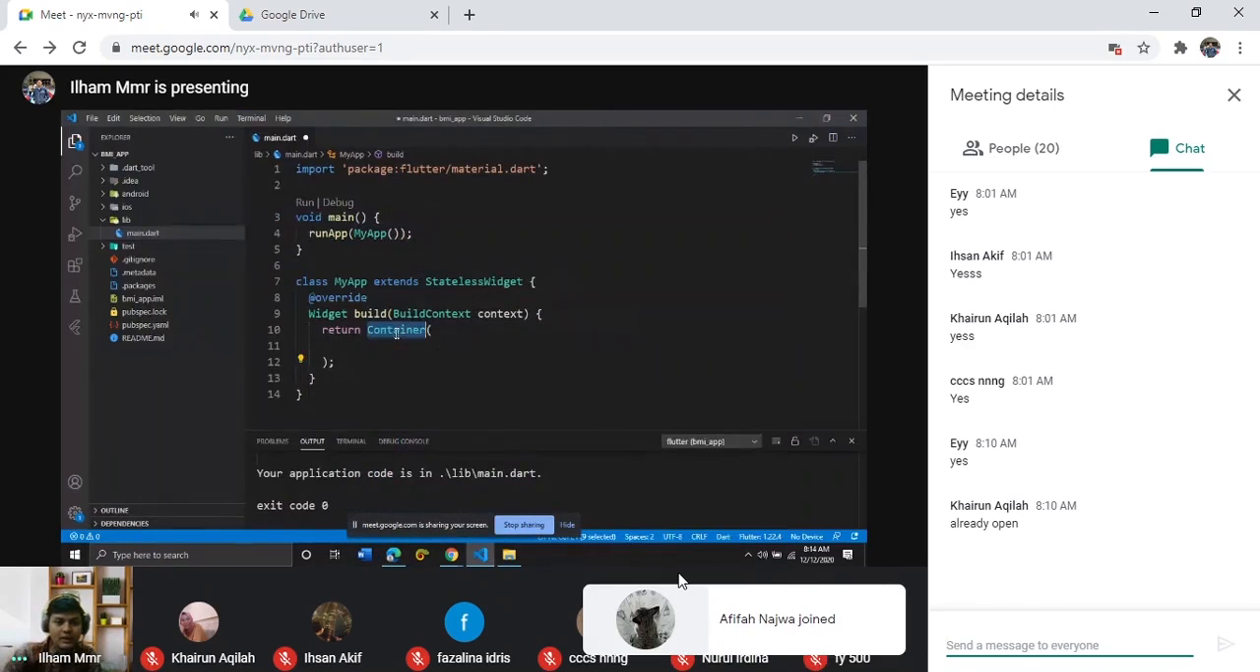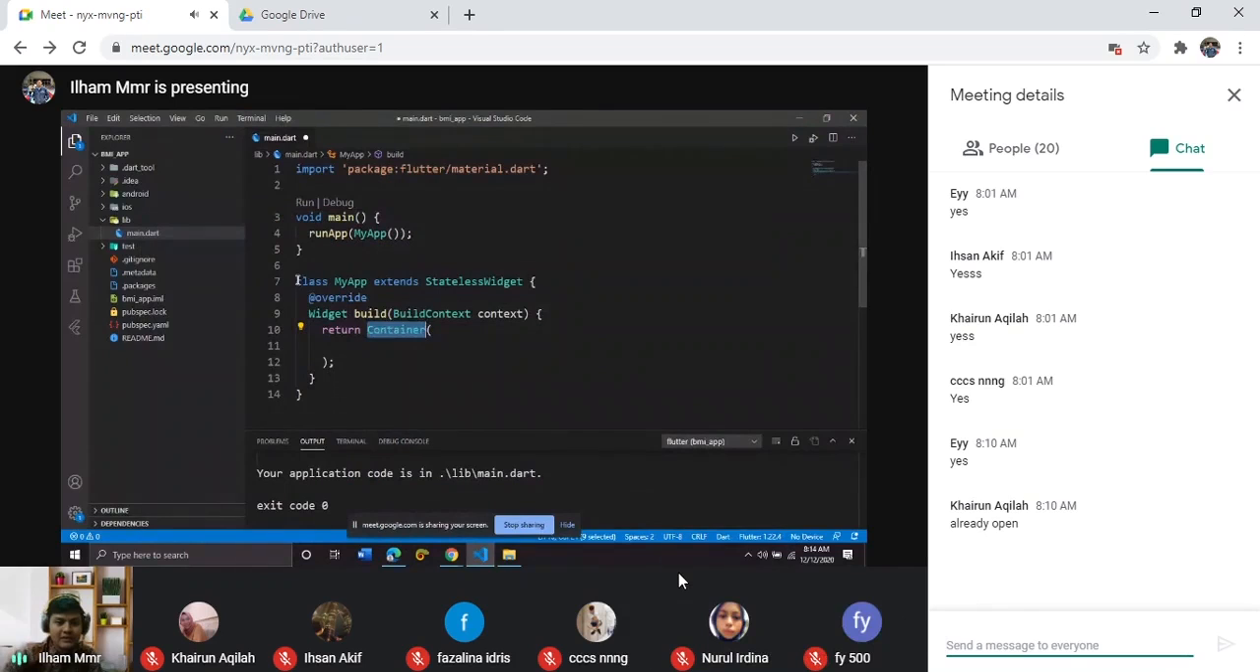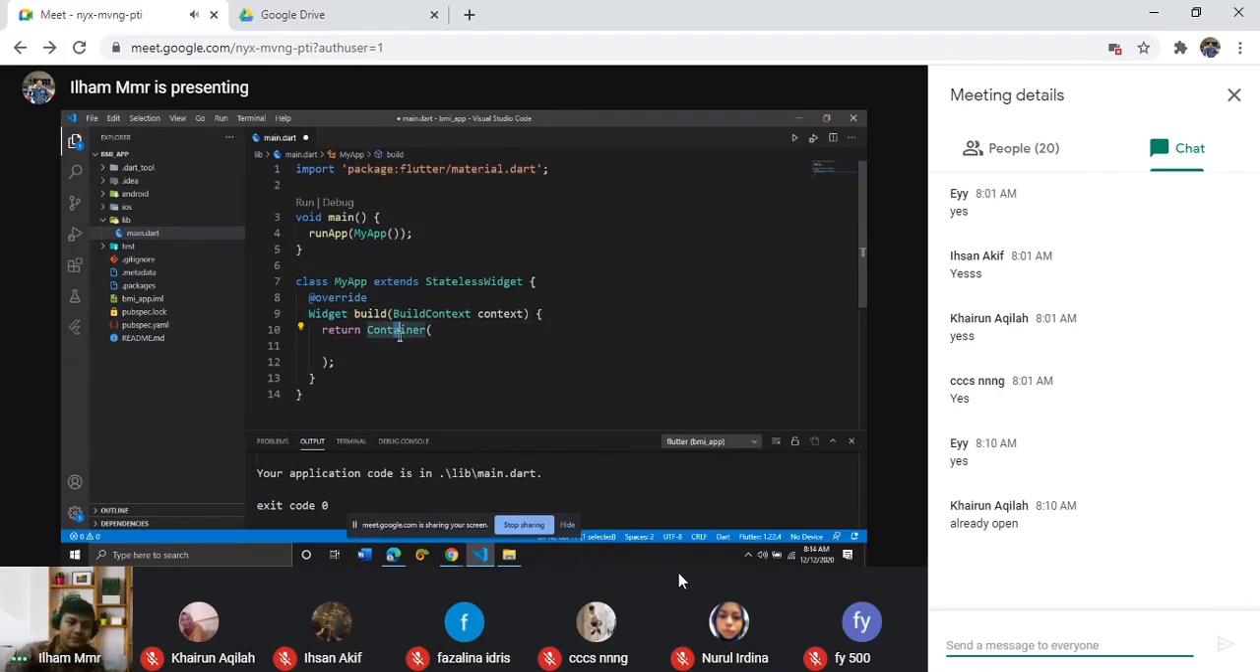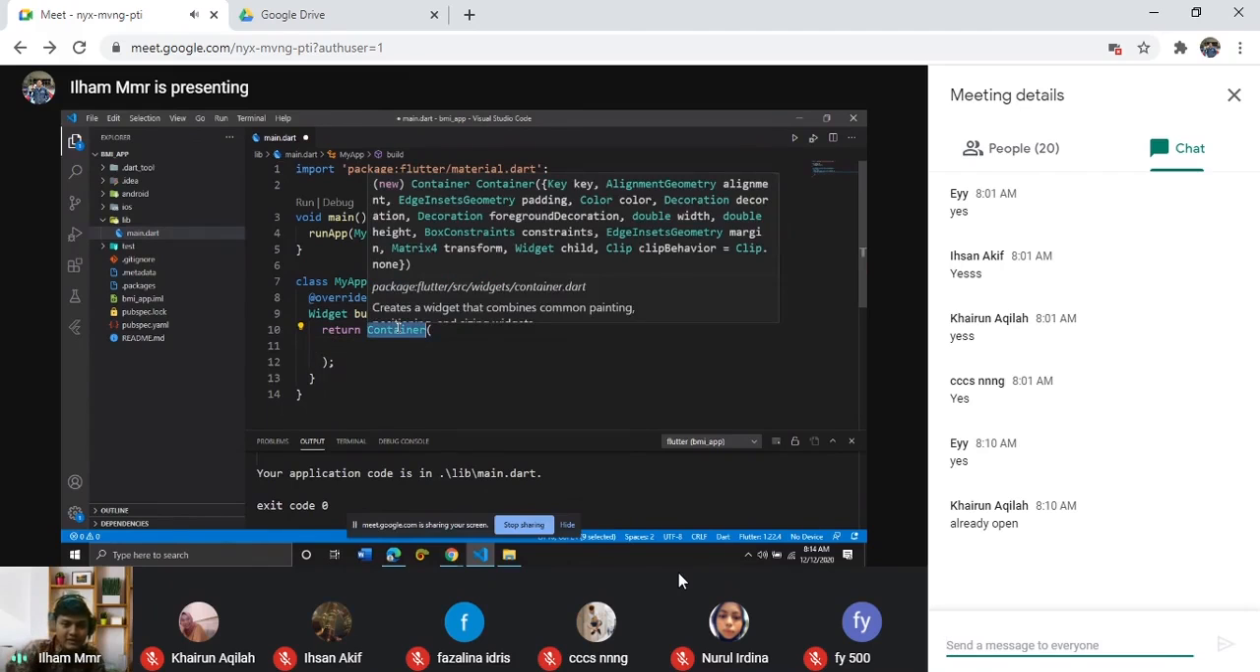Now I'll explain what this means later. But for now, basically we will only work under the build method. This is called a method, guys. It's like a behavior of the class. The class, you can think of it like a thing or object or a widget. Now for this one, you replace it with